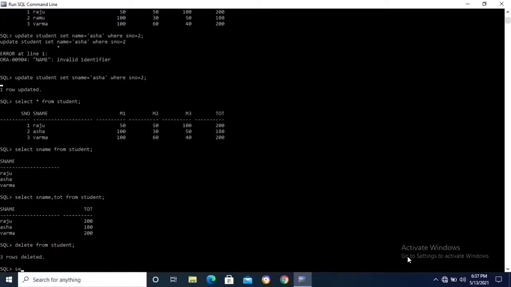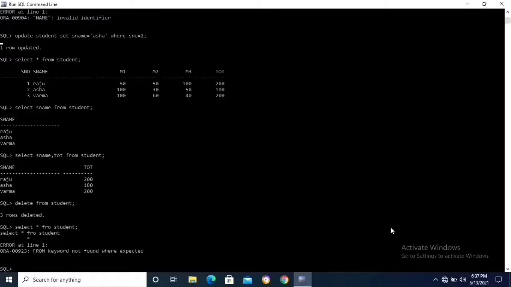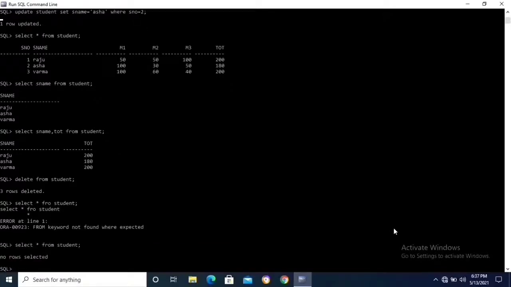Open the table. Select star from student. Enter. Sorry, the spelling of from is wrong. Forward, from. Okay. So no rows selected because we used the delete command.